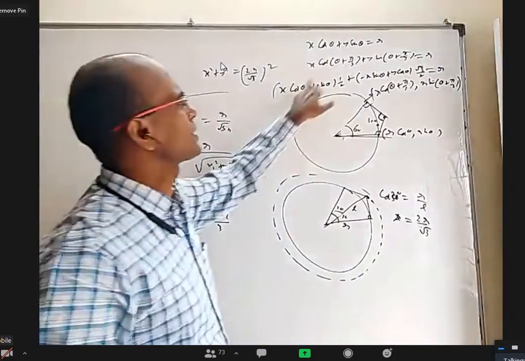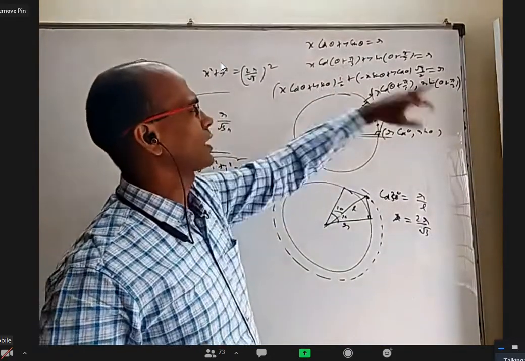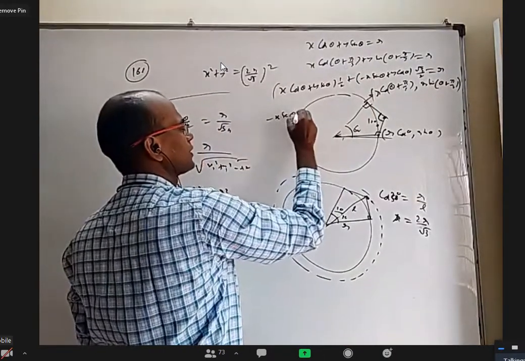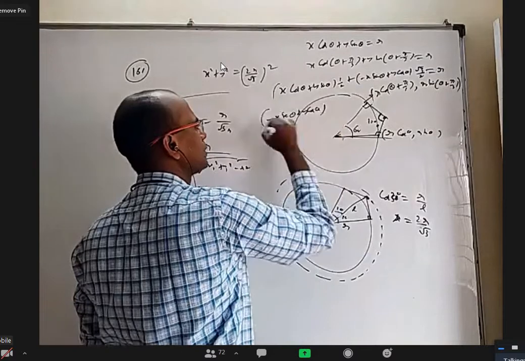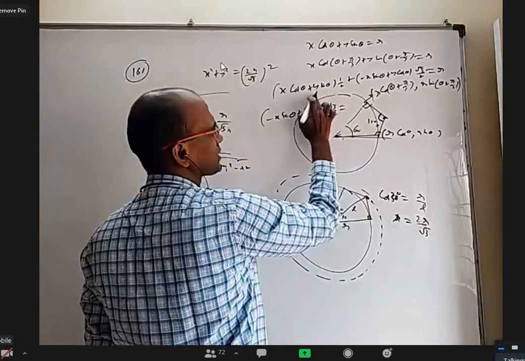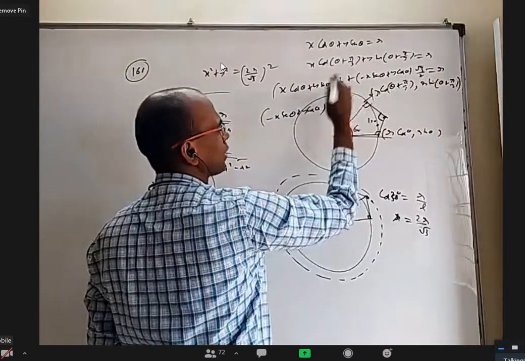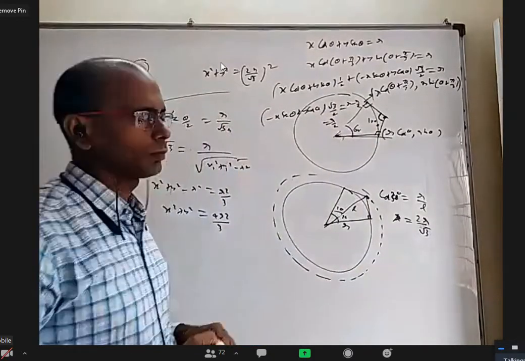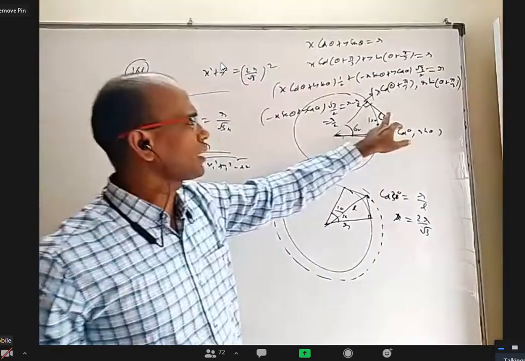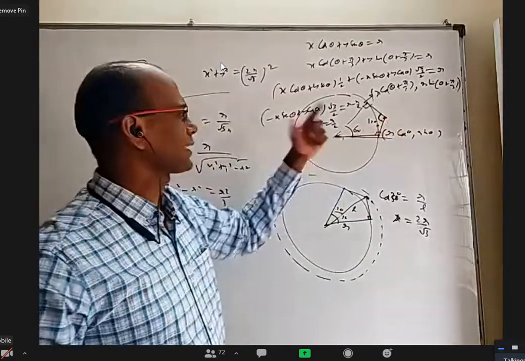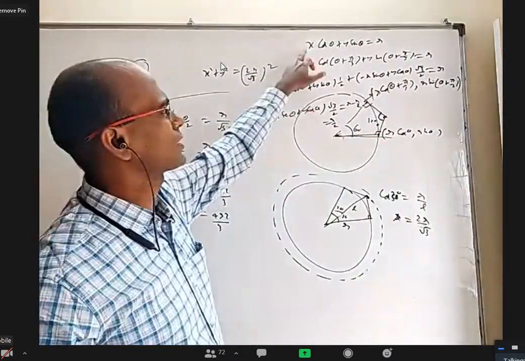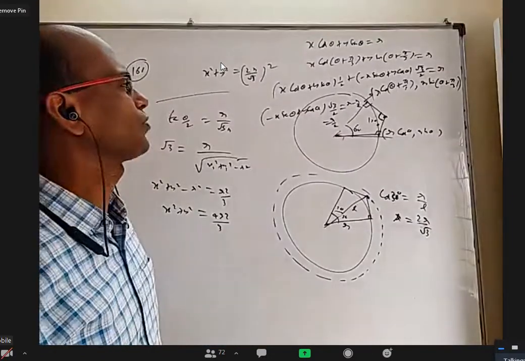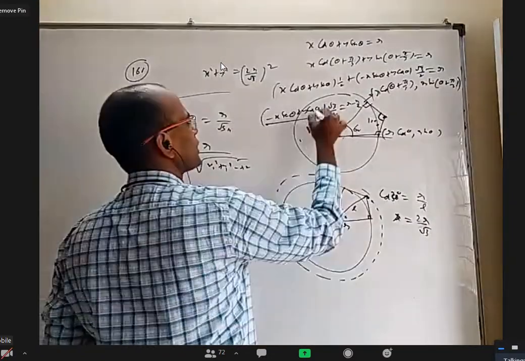If I substitute this as r, it will become r by 2, send that side. This second equation will become minus x sin theta plus y cos theta into root 3 by 2. This is r based on this, r minus r by 2. It will become r by 2. Now, theta may change, but for this point, that is x comma y, which is satisfying this equation and this equation and this equation, there is a relation between x and y that should not change. How to find that? You have to square these two and add.